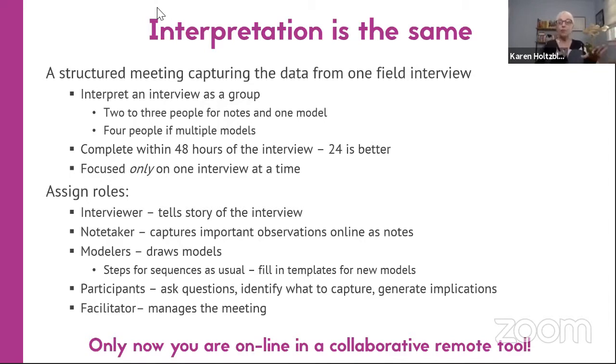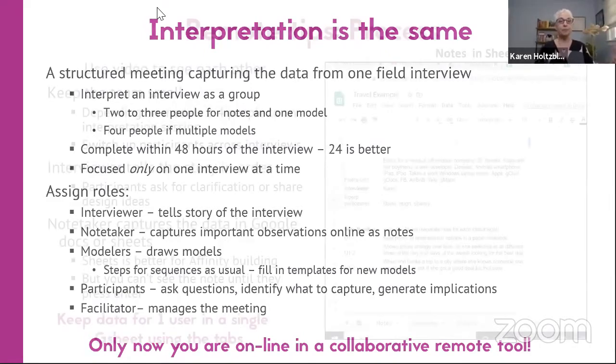4 people if you have multiple models, and now you get into a moderation thing that's harder, so that each person can take a different model. The roles, interviewer, note taker, modelers, participants, facilitator, these are all the same. It's just that you're now in a collaborative remote tool, okay? All right,